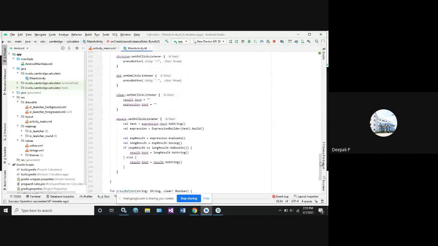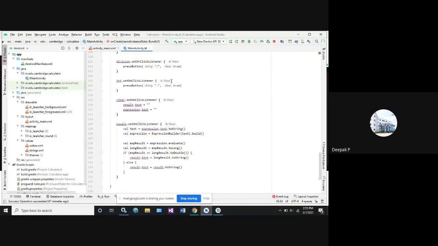Next, after this, whenever you click on this function set on click listener, this is the functionality. After loading 1 plus 2 or 12 divided by 3, I'm going to click on the equal button. What happens if I click on the equal button now? The on click function will be enabled. It loads the data as text to store. It loads the data in text as a variable name. But why have I taken val instead of var? Because we can define variables in two ways: one is var or val.